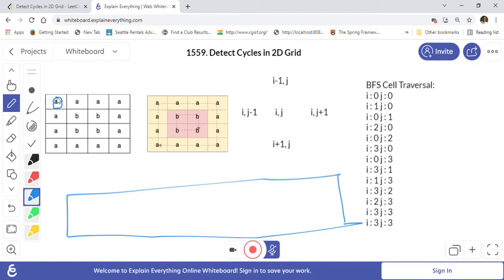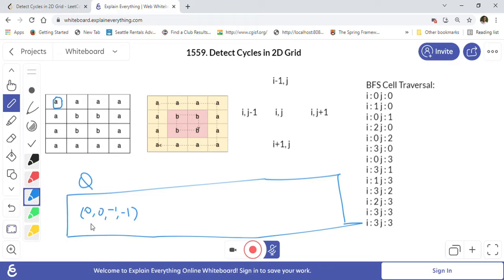For example, first we will put this a, right? So let's say we put four things into the queue. It's an array basically, right? So we will put the ij coordinates, so 0 0, which are the cell coordinates for this a, and its parent coordinates. So in the beginning the parent will be -1, because there is no parent for this cell basically. Parent means where we are reaching this cell from, correct? So that is what we will put. This is the queue, right?